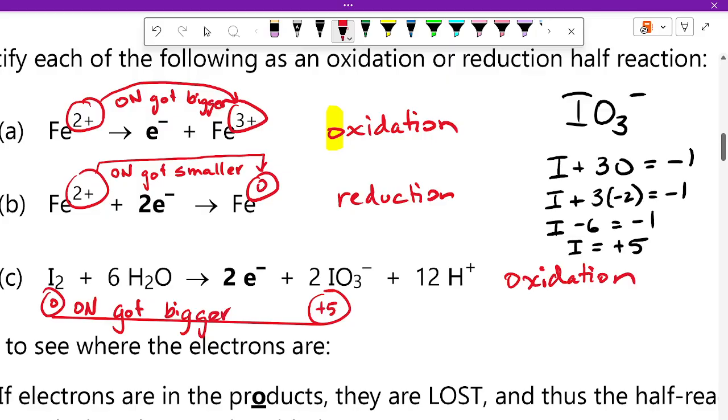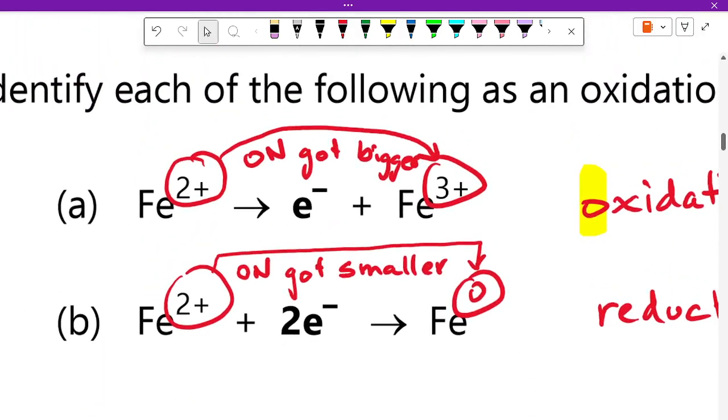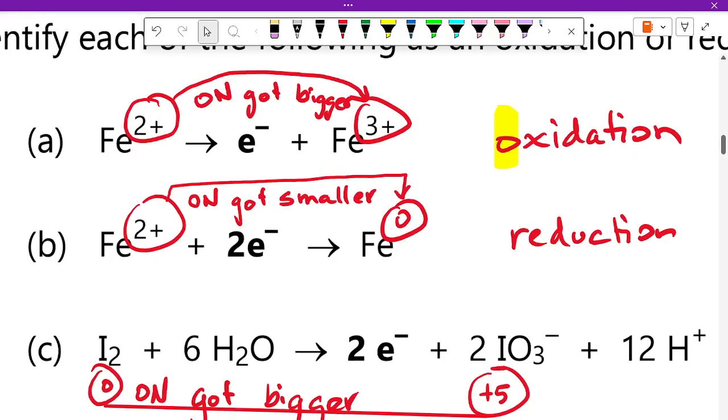Okay. So we have A is a very simple oxidation. B is a very simple reduction. And then you'll notice that C gets more complicated. Yes? Fairly soon, like on the next page, we're going to look at balancing the charge